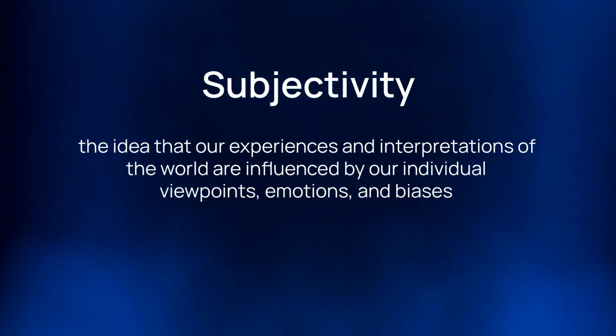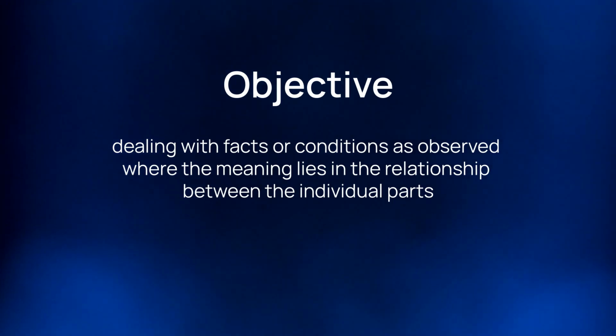Now, the problem with subjectivity is that it's prone to all sorts of bias. That's the definition of subjectivity, that it's from your point of view, so all your biases are ramped up into your interpretation of what it is that you're looking at. In sharp contrast, Subtext is an objective narrative framework such that the only meaning that is contained within it is within the relationship between the parts of the framework. So the observer, the person that's watching it, or the person that is using it to write, is not a part of the observation. They're only observing the relationship between things.